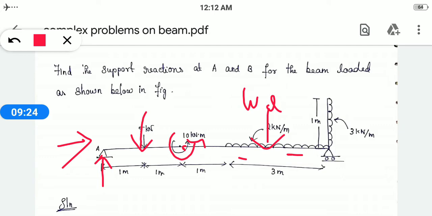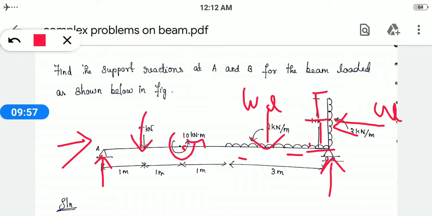The same condition we are going to apply in the vertical system also. You have to see what type of load is acting. What type of load is acting over here? It is a UDL. So whenever you are plotting the UDL, this will become W into L at a distance of half and half, that is W L by 2 and L by 2 on either side. And this is your roller support, so you will have one more reaction over here.